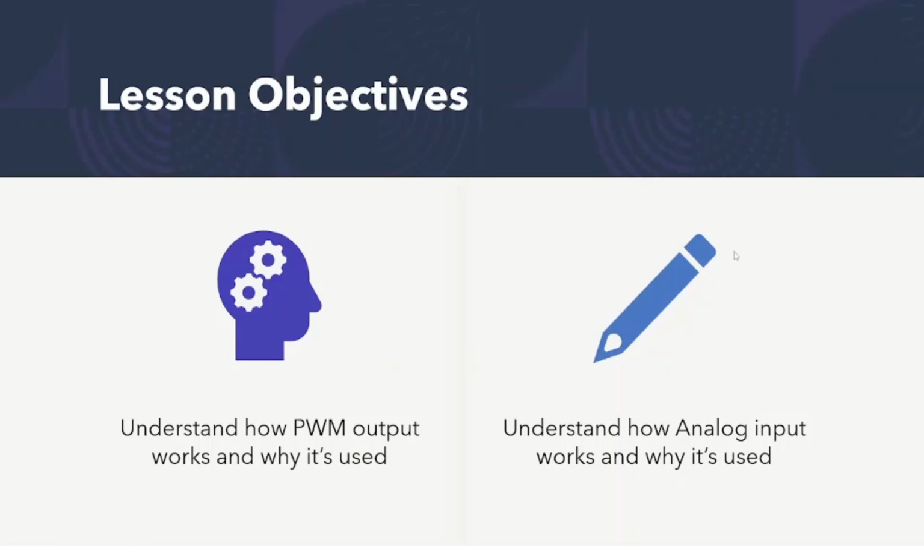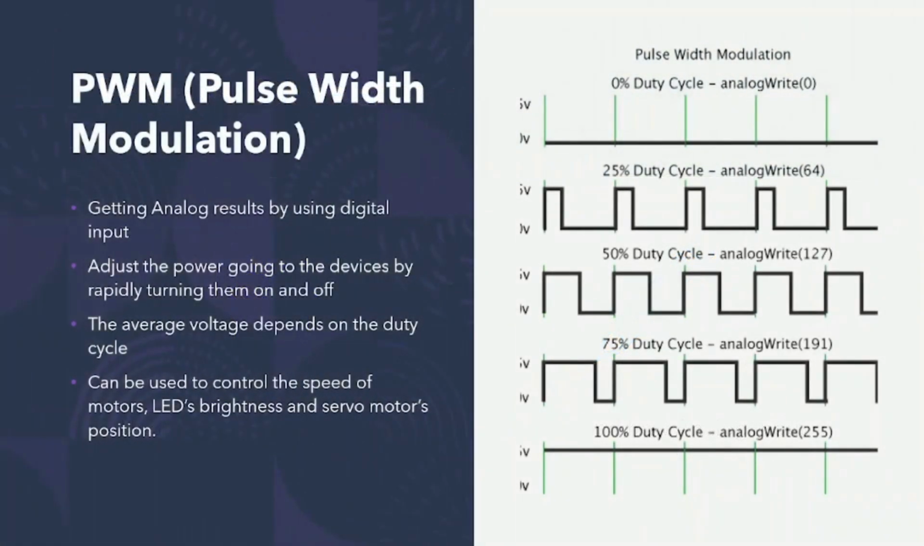So first of all, you need to know what PWM is. PWM stands for pulse width modulation. It is a technique for getting analog results by using digital output. It controls or adjusts the power going to devices by rapidly turning them on and off. The average voltage depends on the duty cycle, or the amount of time the signal is on versus the signal